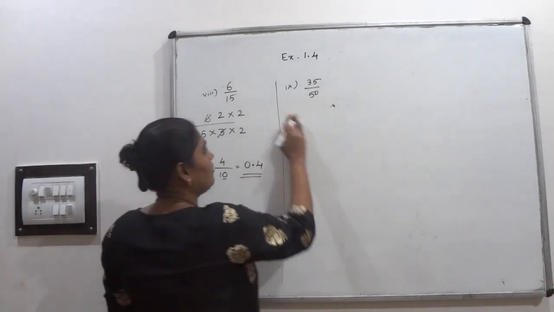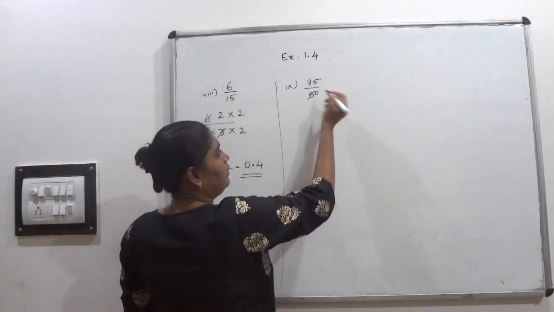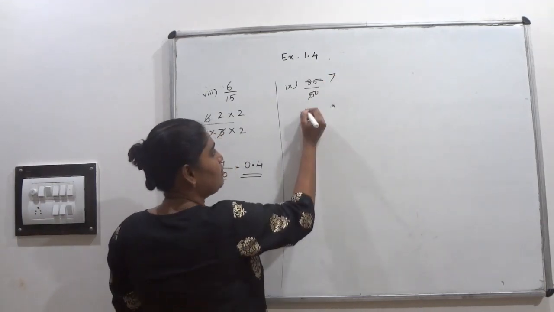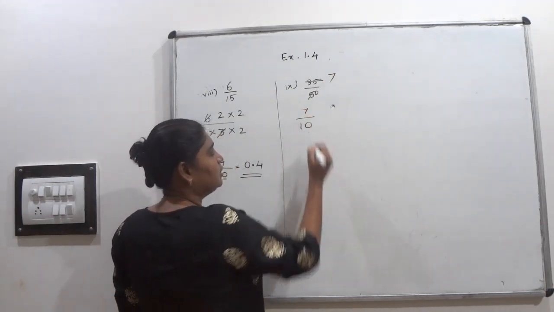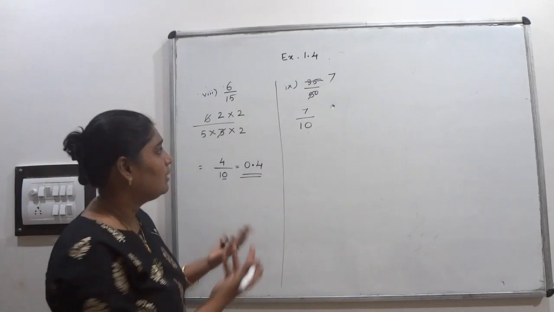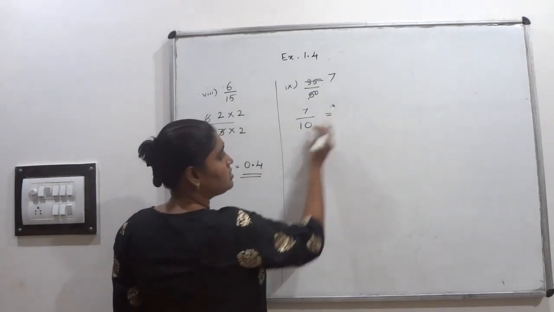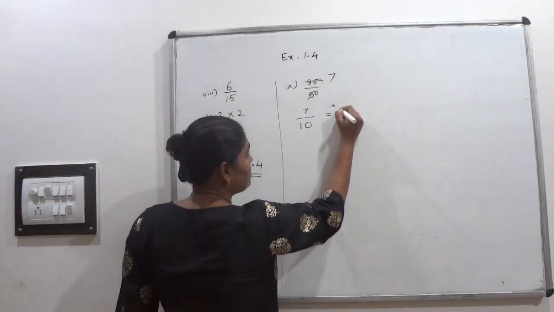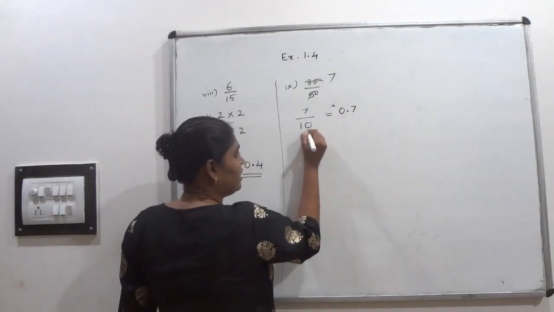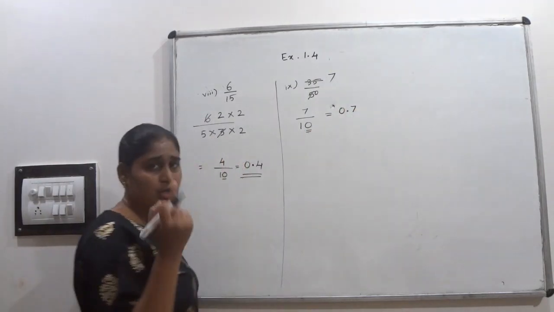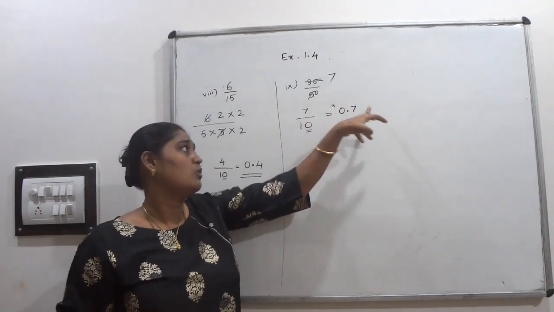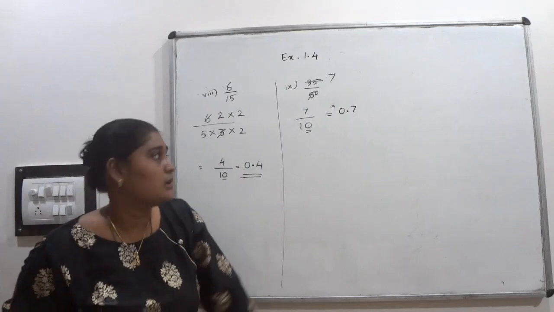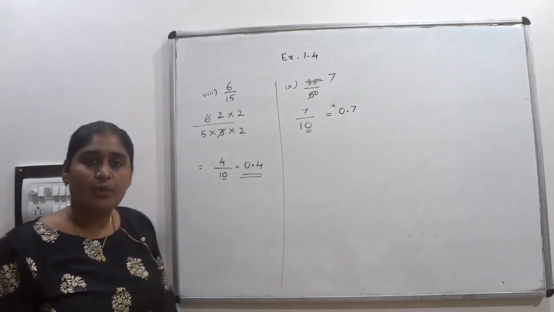Come to this one. We can write 5, how many times can we get it? That's 7 times. Yes, 7 upon 10. This is your fraction given to you. Directly we can keep the point because already the denominator is what? 10. So directly we can write 0.7 because in the denominator only 1 zero is there. That's why I have to count 1 digit from the last and keep the point in the numerator. So you will get the answer, that is 0.7.